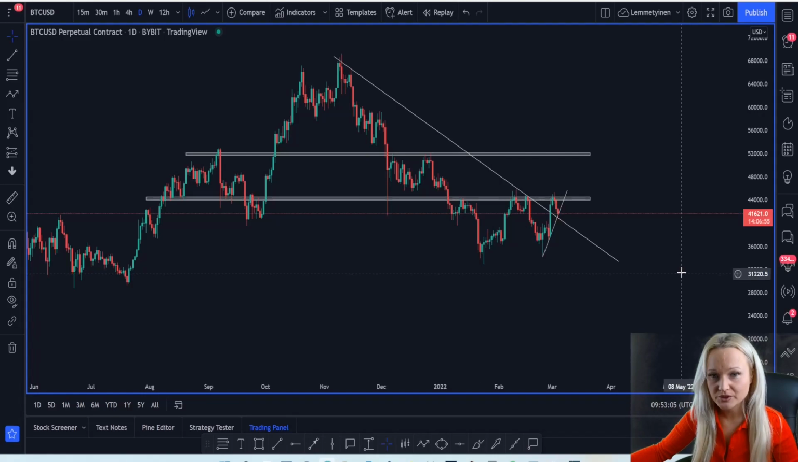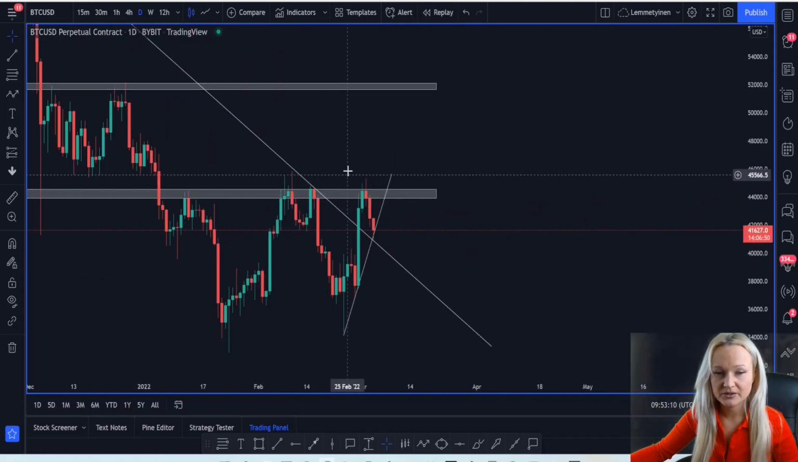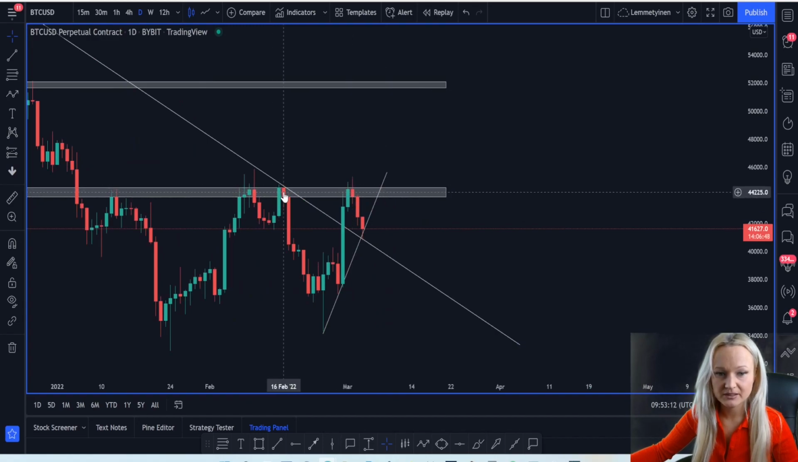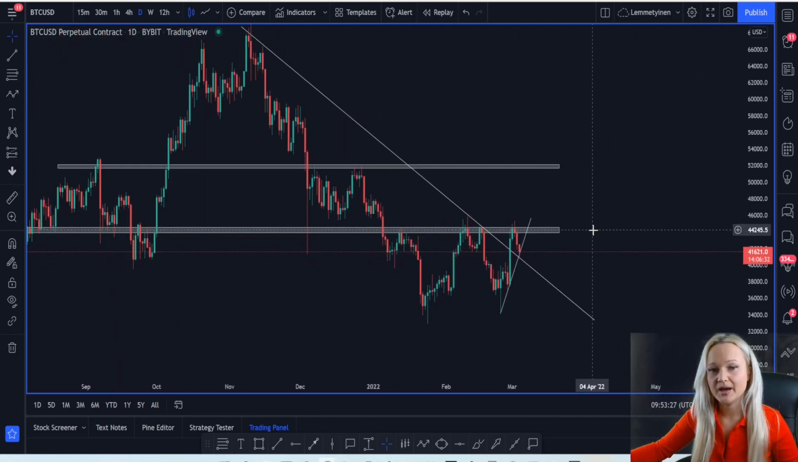So if we're going to Bitcoin, we do have the supply zone right here of this candlestick that we did have on the 16th of February 2022, obviously. And the zone is between 43,840 and 44,608. If we're going to the higher time frames perspective, or if you're just zooming out, we can also see